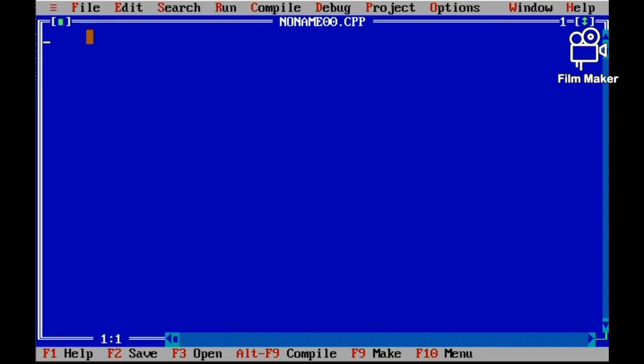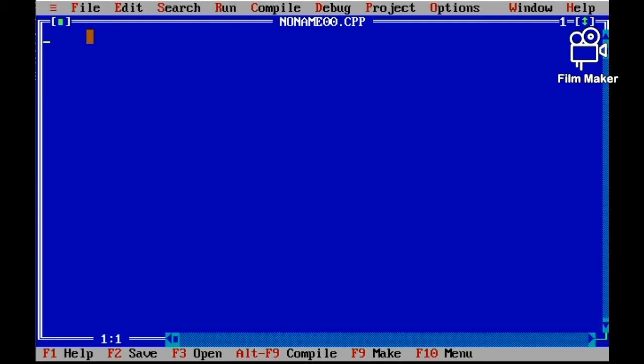But if I take 145, the reverse is 541, so 145 is not a palindrome number because the reverse number is not the same as the given number. Understood?